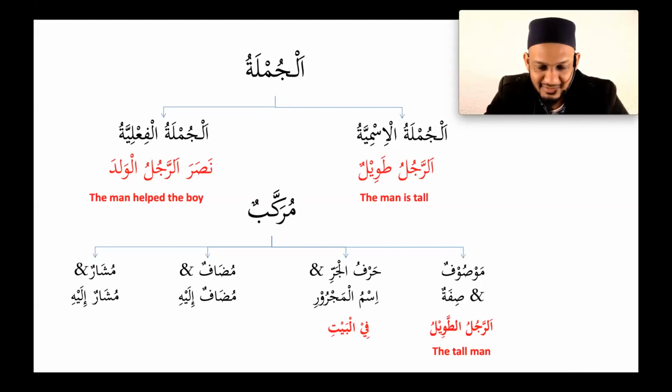Fi, baiti. No, just the huruful jar. So we have fi. What else do we have? Bitawalika. Good. What else? Ila, an, hatta. Okay, mashallah, good. So those are all the ones that you have to memorize. So those are the huruful jar, and it's followed by an ismul majroor.